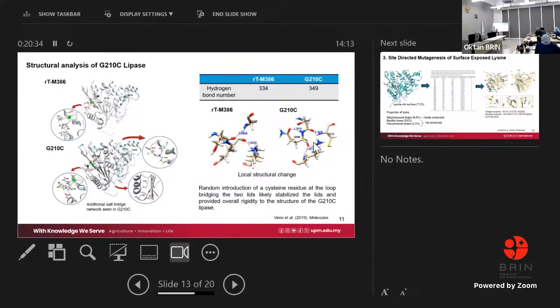So from this study, we conclude that random introduction of a cysteine residue at the loop bridging the two lids likely stabilized the lid and provided overall rigidity to the structure of the mutant lipase. And then for the last